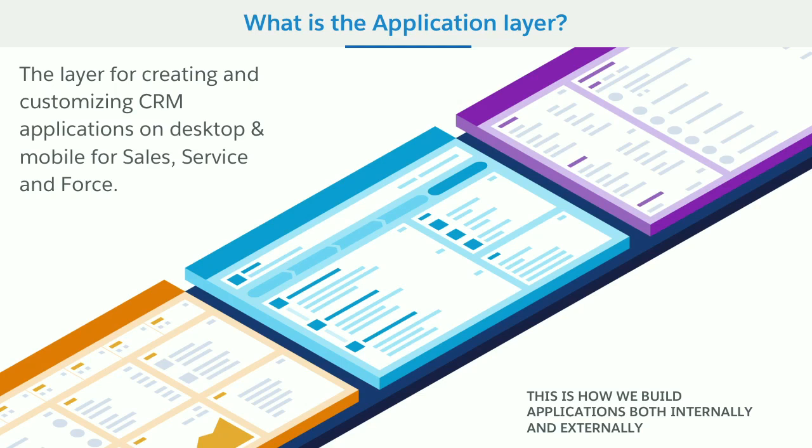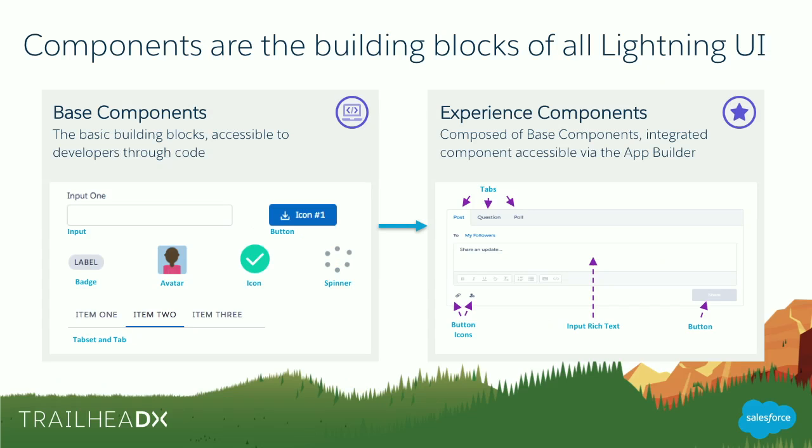and we would do something else internally. But now everything's aligned with Lightning, both how you build and how we build. And so to put this in context, we have our base components. These are really the root, base level of components, things like input fields, buttons, icons, tab bars, where we essentially maintain the structure of the tab bar, and it's really up to you to fill in the content within each one